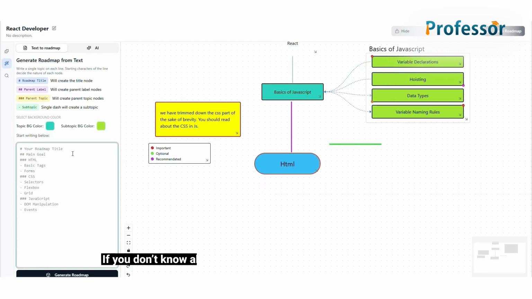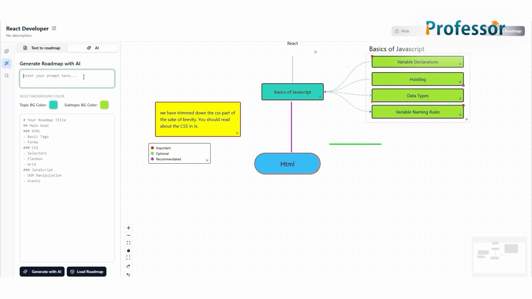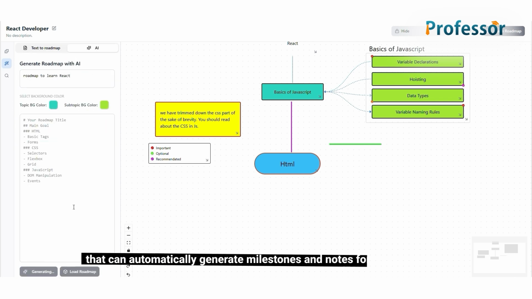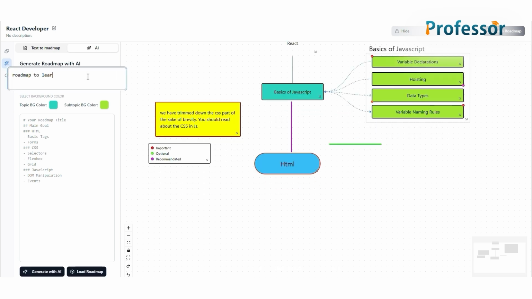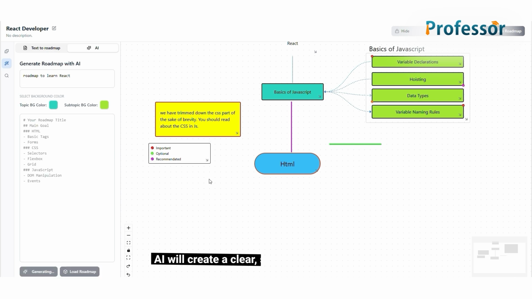If you don't know about a skill or where to begin, no need to worry. Our platform has an AI tool that can automatically generate milestones and notes for your roadmap. Just enter your learning goal, for example, roadmap to learn React, and the AI will create a clear, structured plan